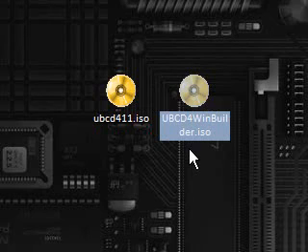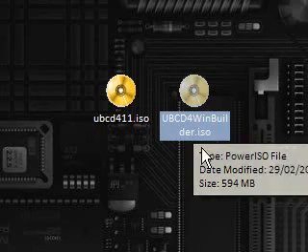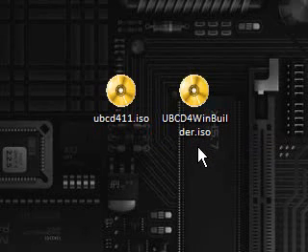Now previously I talked about BART PE, and it had a PE builder where you could take your files off your XP CD and then boot into a minimal version of XP and add your own applications. Now UBCD takes this a step further and adds its own freeware ones that it has, so you can then do various things. So if anything, it'd be better to download this than muck about and do it all manually